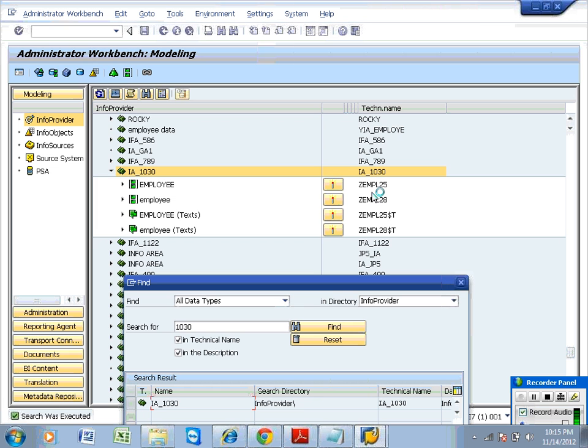update source technical name. Then go to the info source and search for your info source, and once you get the info source, then right click and you can see the data flow diagram. Not only this one, by using this one also, if you right click this one, you can see the data flow diagram, and if you click on technical settings on and off, then it will showcase your PSA table information.